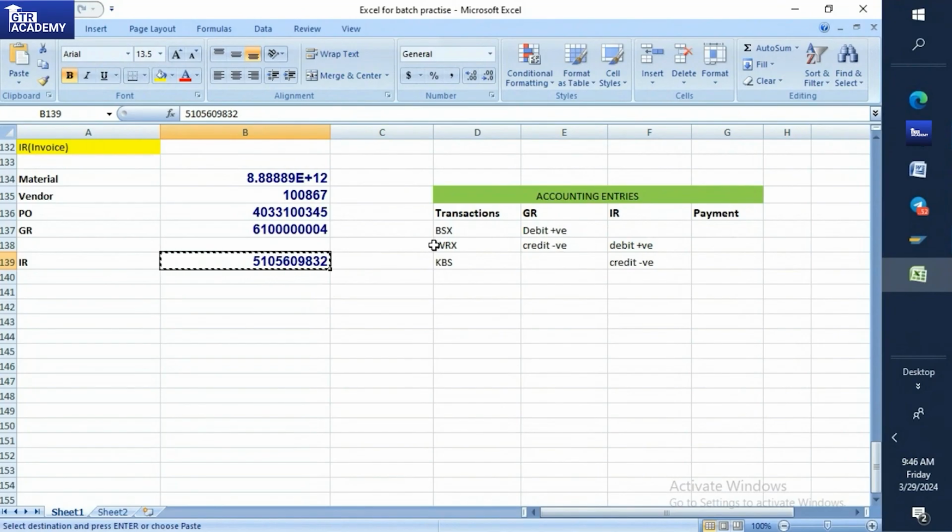This is just the GRIR clearing account, only the temporary account. So to balance the inventory account, this WRX will come into picture. Already told you one rule in SAP: if any accounting entry is